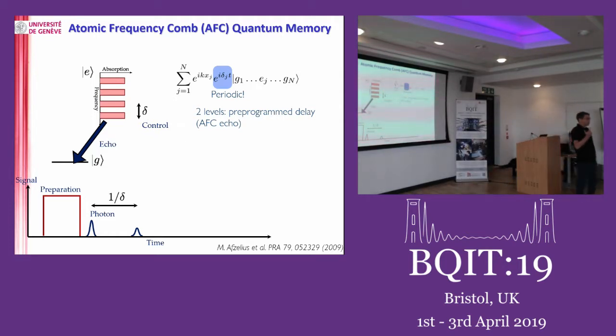Memories are based on two things, coherence and what we call collective effects. Collective effects in ensembles is the fact that you have all these atoms interfering collectively to give a strong emission in a certain mode. So you need coherence and this rephasing, but you also need the strong coupling to the mode. That basically is given by optical depth, how highly absorbing.